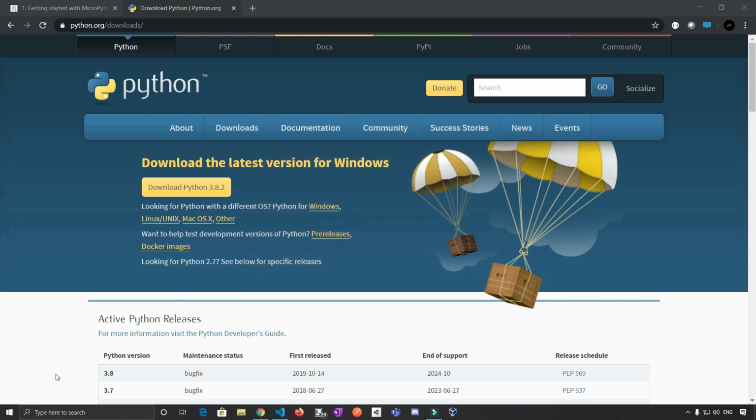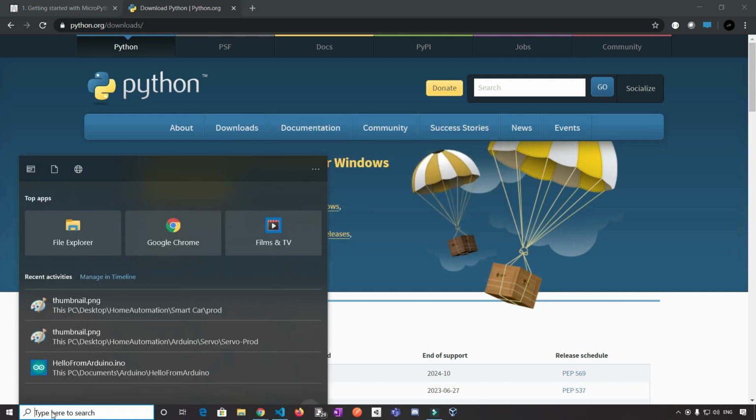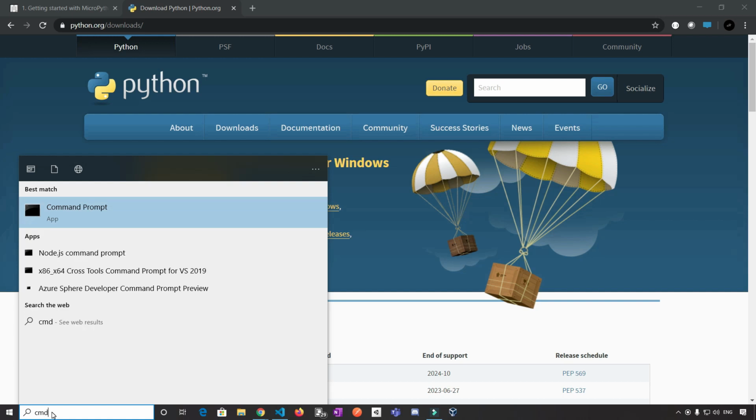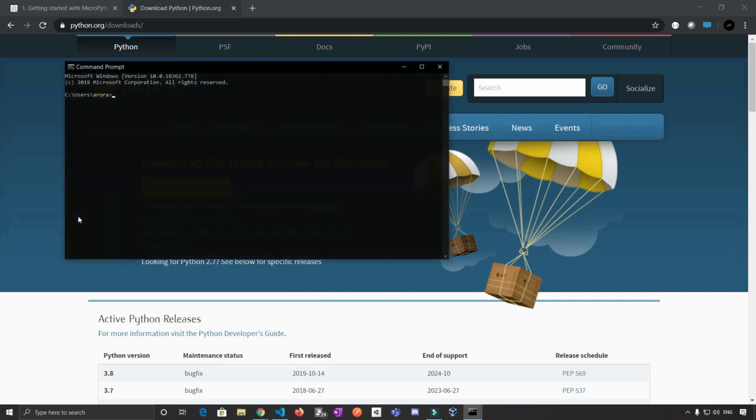Let's close it. Okay, so now open command prompt. Just type cmd and you will get command prompt. And right here type python space --version. So even though we have installed 3.8, which is the latest version, on my machine it is still showing 2.7, which is the older version which I installed earlier. So if you face this problem, all we need to do is set the path for the latest version. So let's do it.